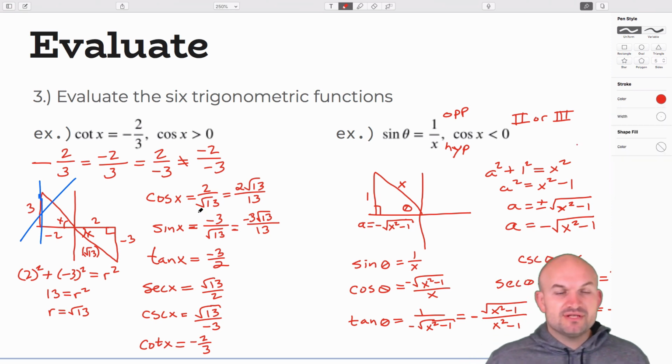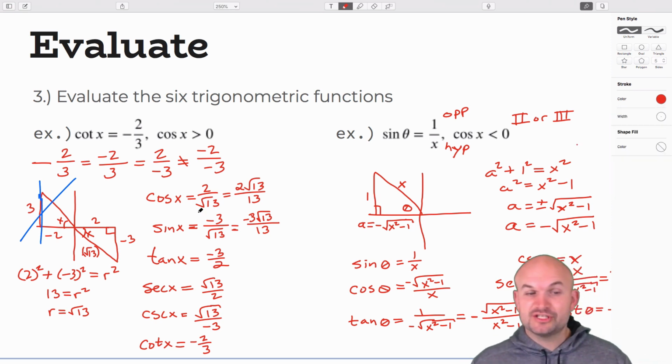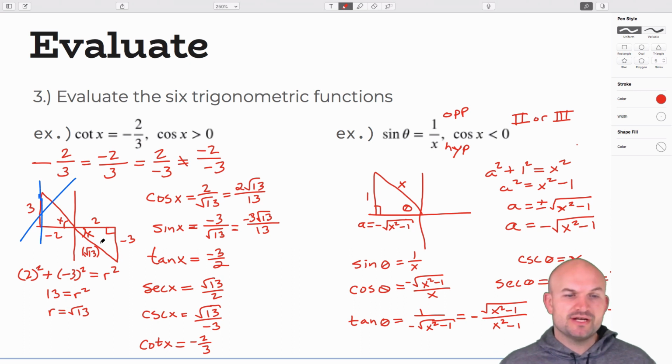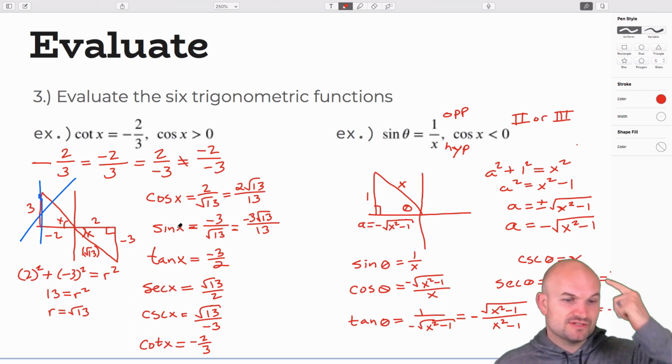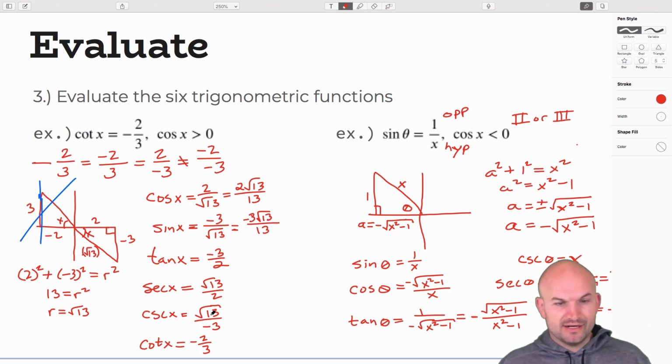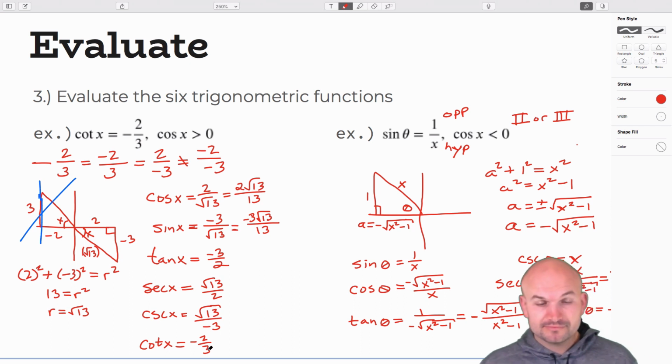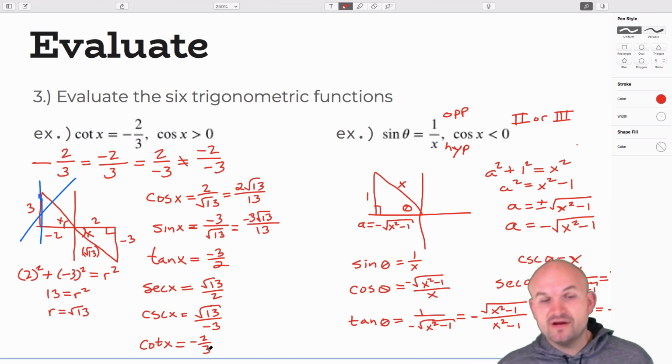Okay, so then I just evaluated the 6 trigonometric functions. Remember, in the 4th quadrant here, the y coordinate is negative, so I can automatically check my answers. I know sine and cosecant are going to be negative, as well as tangent and cotangent. And you can see sometimes I threw the negative in the numerator or the denominator, and sometimes you can just put it in front, and it really doesn't matter. Typically, we like to write it in front, but if you leave it in the numerator or denominator, that's